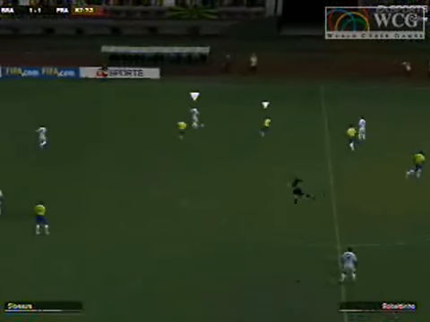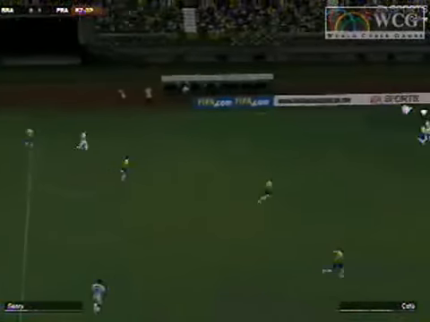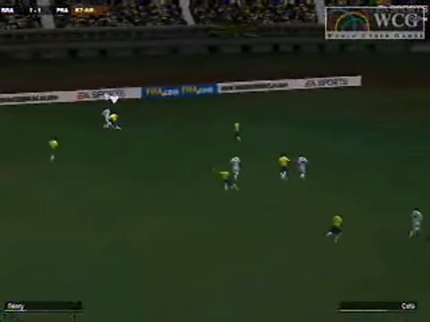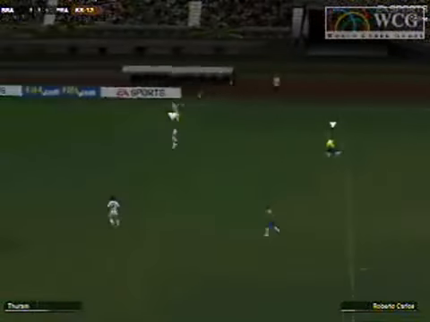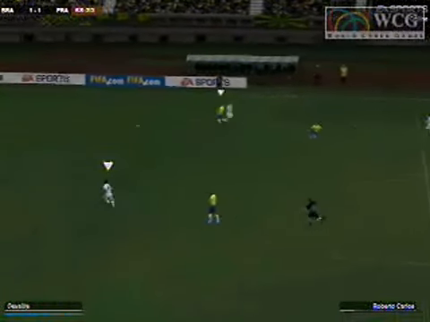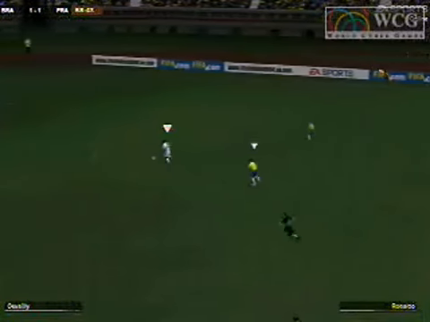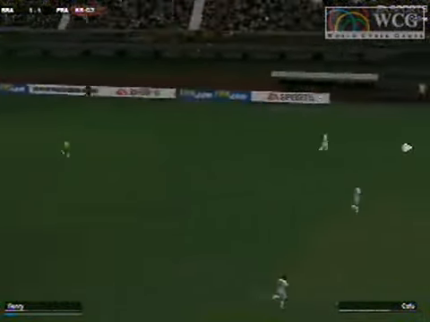The Germans have to be wishing their luck could change because that should have been a goal. Anytime you get the keeper to overcommit and you have Zidane in the box like that, that should result in a goal. Now we're going to send the ball way back down the field to Desailly.